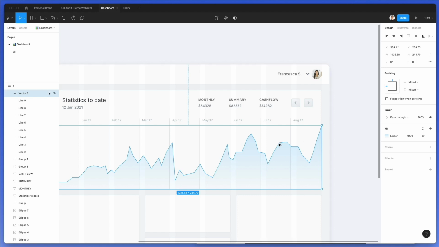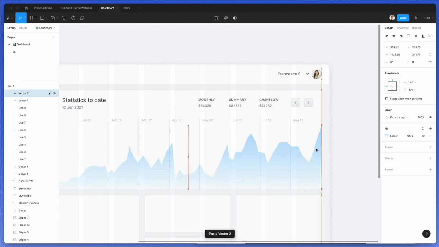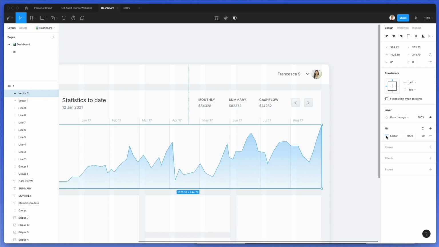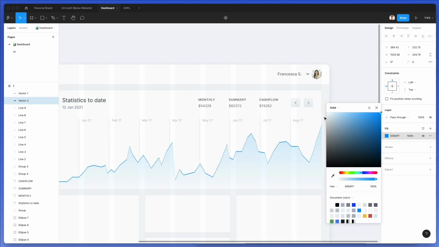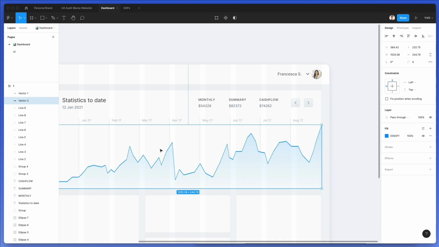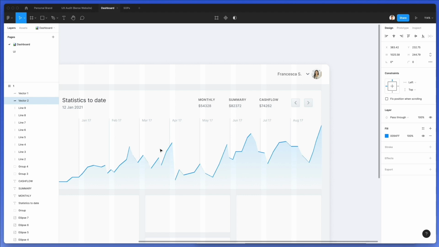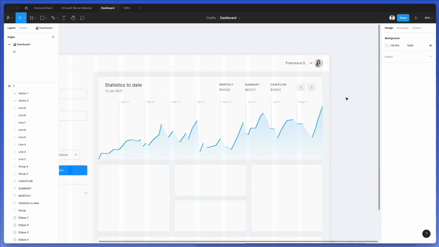Even if we're not doing the drop shadow, what we can do is literally just create a duplicate of this, and the duplicate is going to be below. We're going to select the one above. We're going to change this to full white, just like that. And this one is going to be 100%. We're just going to play around with this hue. Now this one is going to be a solid color. And we can pretty much also change this graph. We can create different types of